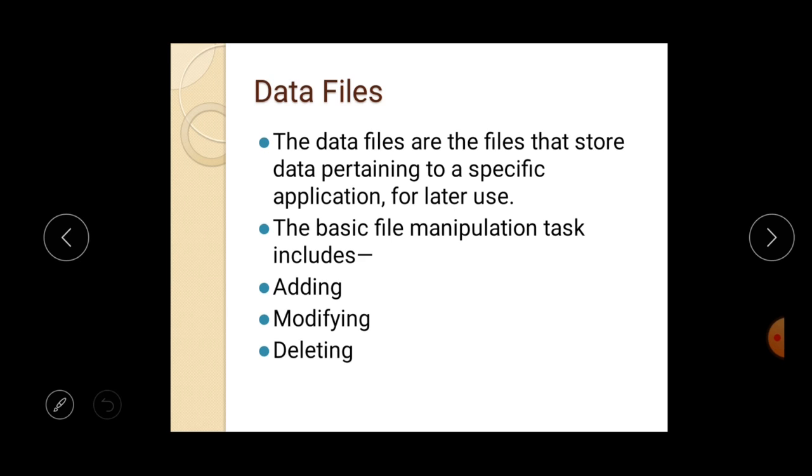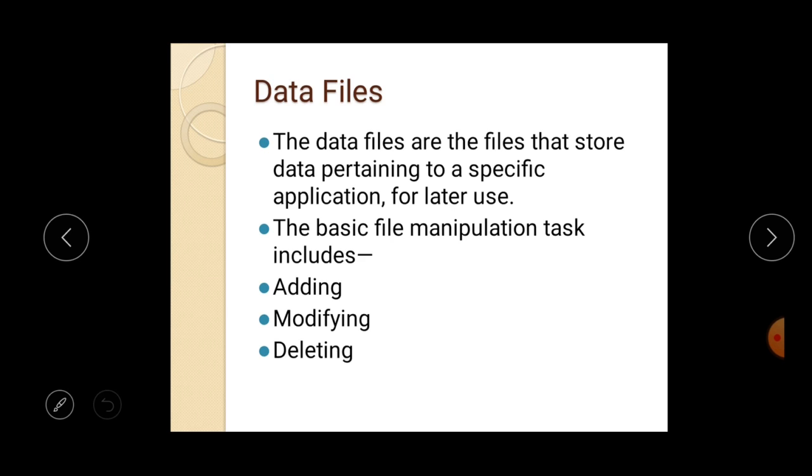For example, in Word, you had written some lines and you have saved the file with the name ABC. Then what is ABC? ABC is a file. So similarly, you can store the output as a file and you can take the input from the file. You can do this with the help of file handling operations.